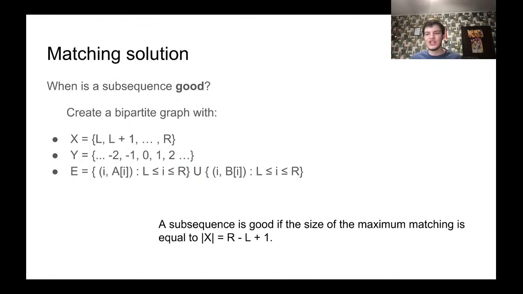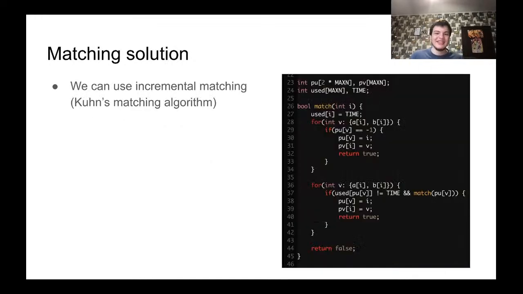If you have such a construction and we have a matching, then this means that the sequence is good, because we can choose y values in such a way that none of them correspond to each other. This is the straightforward conversion of good sequences into a definition with matching and bipartite graphs. But there was this incremental matching solution, where you keep two pointers,